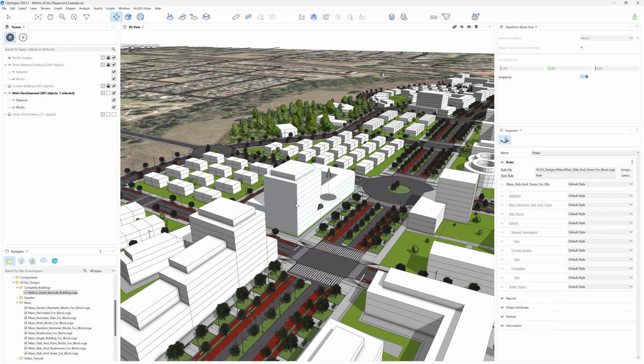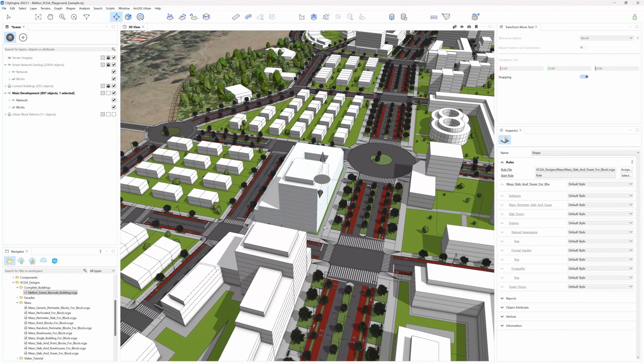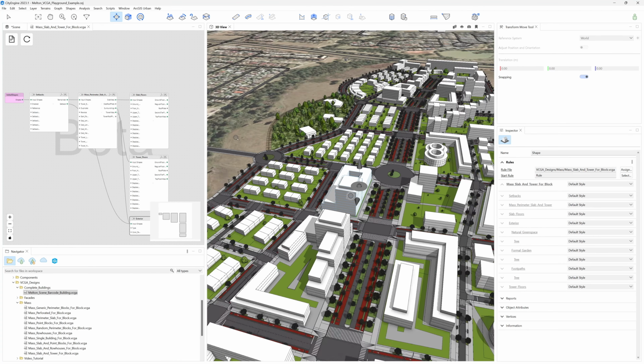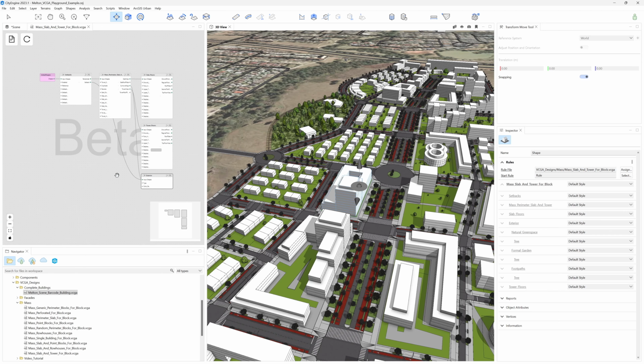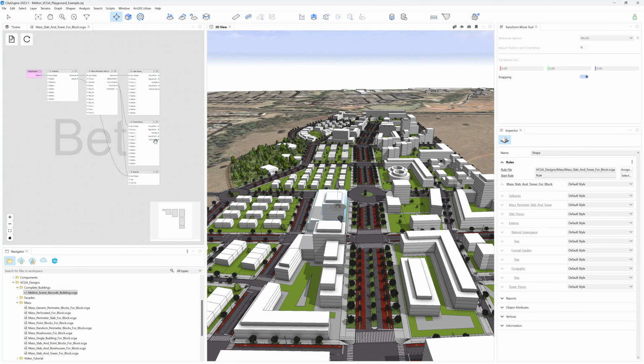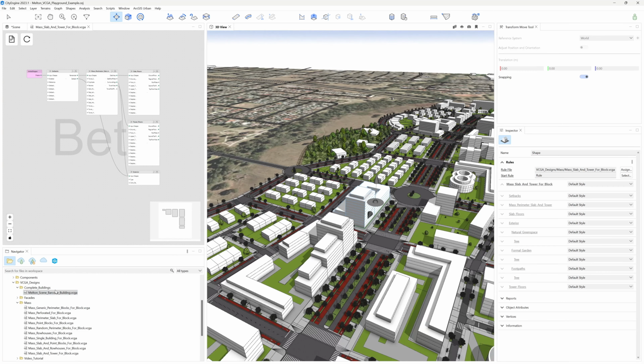If we have a look at this typology in specific, we can click here and open the VCGA canvas and have a look at the nodes that are put together in this massing rule. We have just a bunch of components together to generate this specific typology. But if you go to the